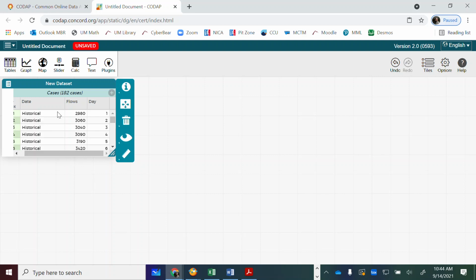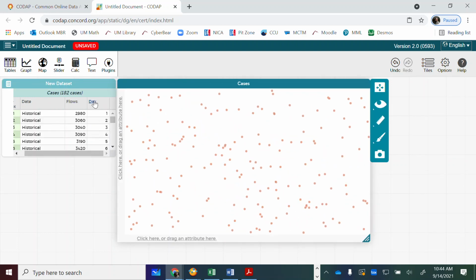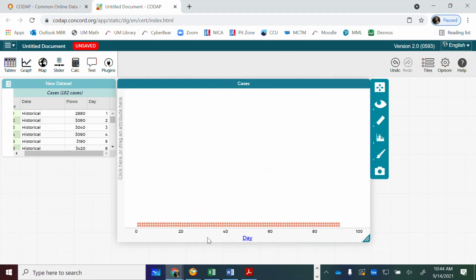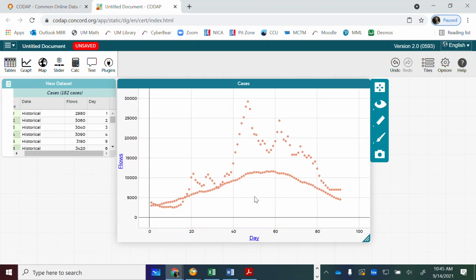Okay, interesting, it rearranged it to put the categorical data first, but I'll go ahead and pull up a graph, and what I'm going to do is put day on the horizontal axis, and then put flows on that axis, and now you can see just a time series graph where it's sort of a bivariate study, where we're looking at day for the x-axis and the flows for the y-axis,